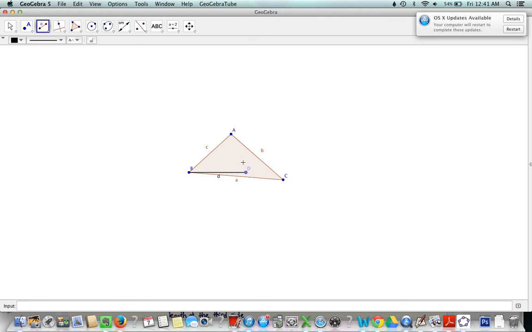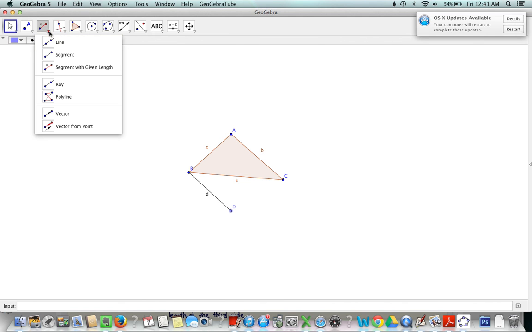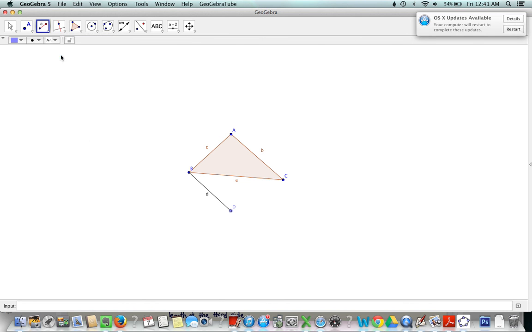I'm going to take this and I'm going to use my move tool. And I'm going to move it to a reasonable location. So let's say down here, doesn't matter. As long as I can now close my triangle with a regular segment. So I'm going to click segment. And I'm going to connect that to that. And now I have two triangles with a side in common and two additional congruent sides, a pair of congruent